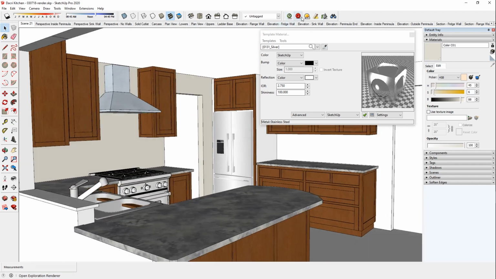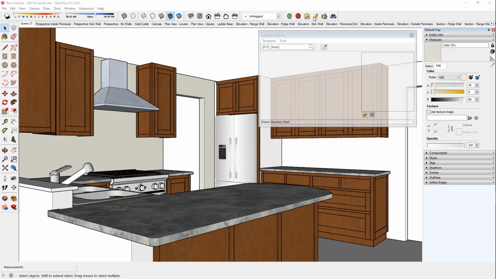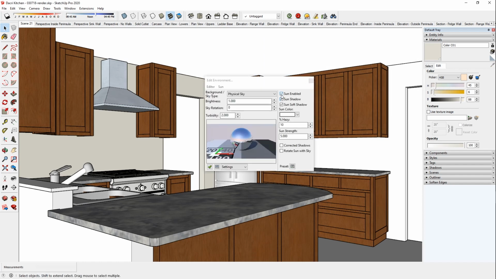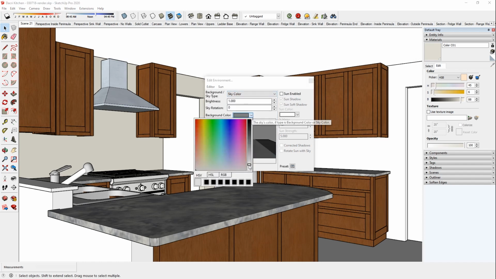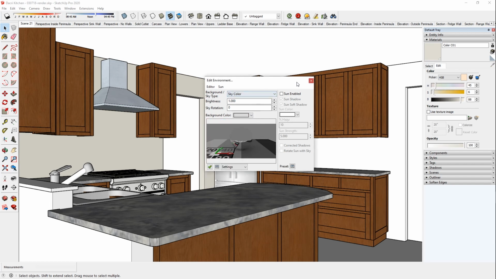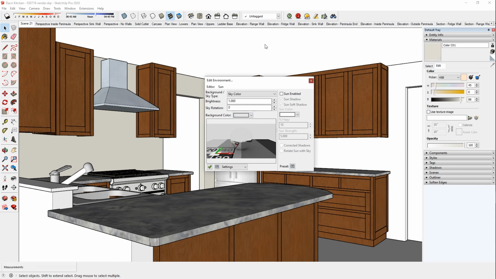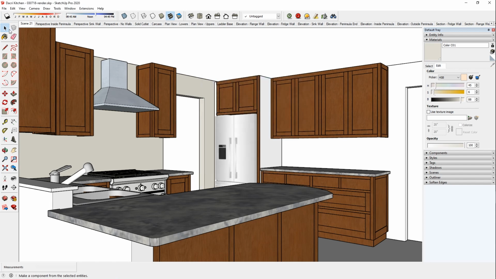we could go in, if we really wanted a very quick test render, we could go into the settings, turn off the sun, set the sky color to be a light gray for just a general illumination coming down from the ceiling. And then we could test render. So I'll hit test render and we will,